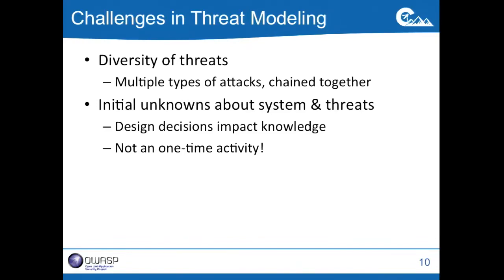You can't expect to build a complete threat model at the beginning, analyze it, and be done with it, right? You're going to have to do this over time, in an incremental fashion. You're going to have to start with a small model and add more details as you learn more about your system. Which brings up my next point: